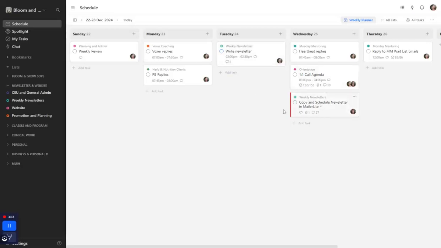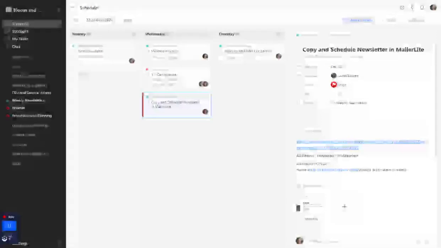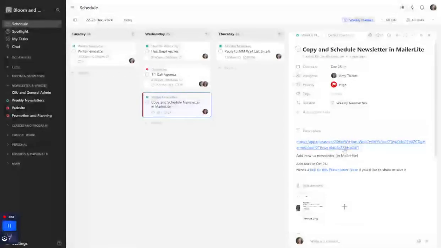Then you can see on Amy's list, copy and schedule newsletter in MailerLite is listed on Wednesday. And in here, we've written out a whole protocol of exactly how to do that in MailerLite. So I'm not going to walk you through that. I don't think it necessarily is helpful for you to see that whole thing in this particular thing. And if Amy has any questions, we can converse back and forth beneath this task to help us,